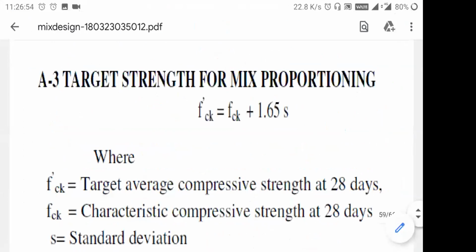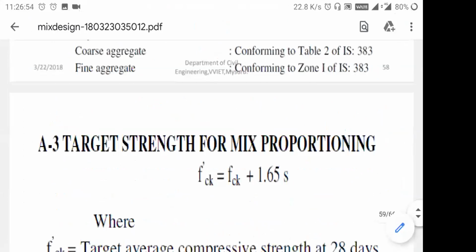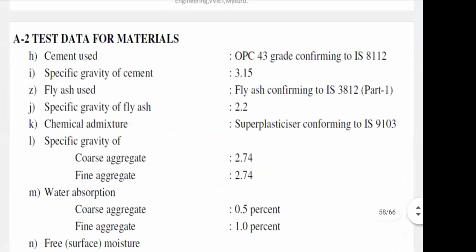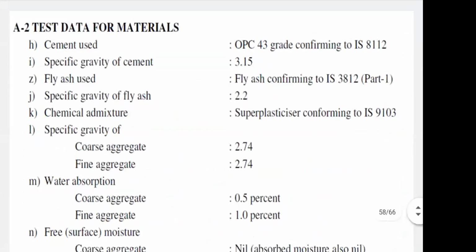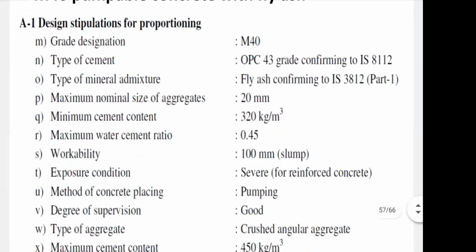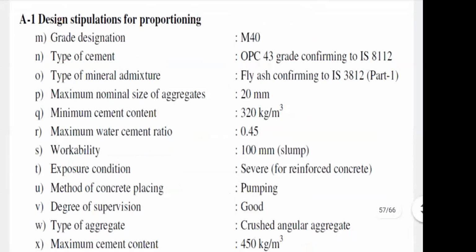Just write down this numerical or take a screenshot of it, that would be better for you. This is the M40 pumpable concrete with fly ash. Take a screenshot of this numerical. This is very important, because if you are able to solve this numerical, then you can solve any numerical based on concrete mix design.